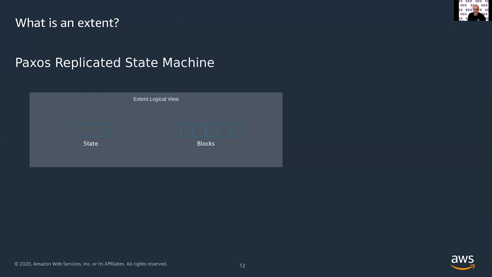In practice, we use Paxos, but from this point of view, you could very well use Raft or chain replication or approaches like that. You get the same result, but the details would be slightly different. So what I've drawn up here is showing a logical view of what we think of an extent is,